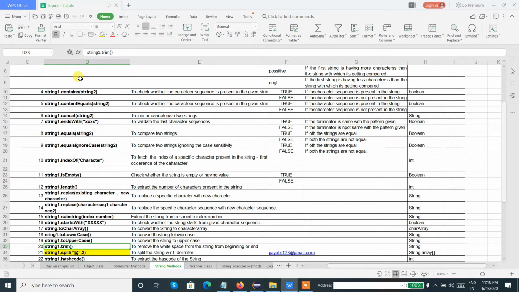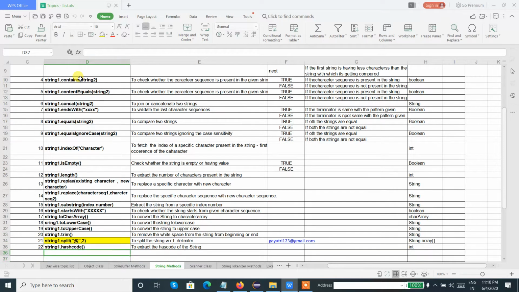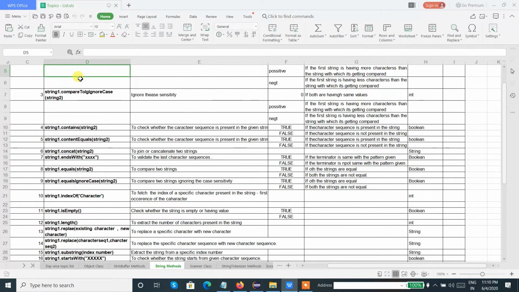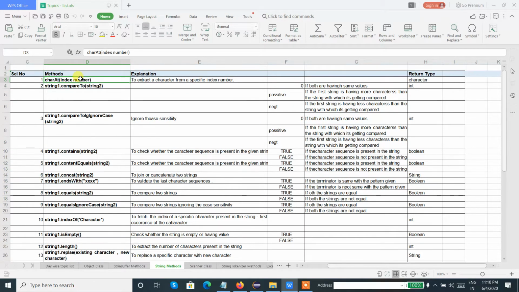The trim method to remove white spaces. The split method to split the string with respect to a delimiter. And the hashCode method, which is not a string method, it is an Object class method. These are all the list of methods I showed you.